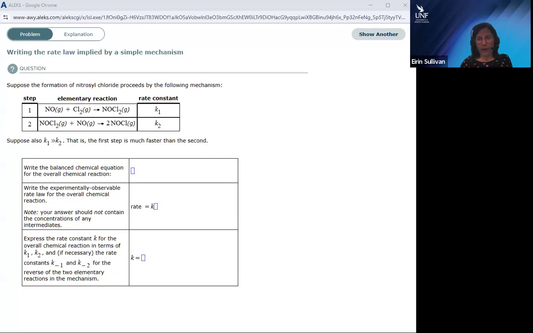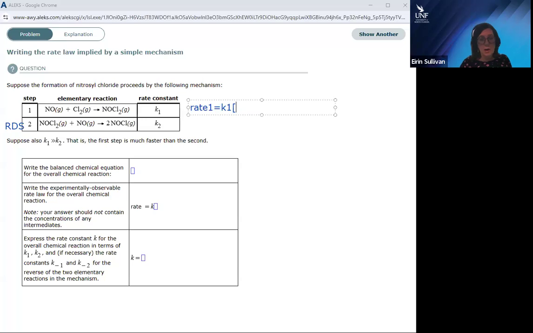Writing the rate law implied by a simple mechanism, or not so simple in this case, okay? So our problem here is we are told the first step is much faster than the second. That means the second step is the rate determining step. So the problem is that our rate law for our overall equation will match the rate law for the rate determining step. And the rate determining step, if it's the second step, is going to contain the intermediate as